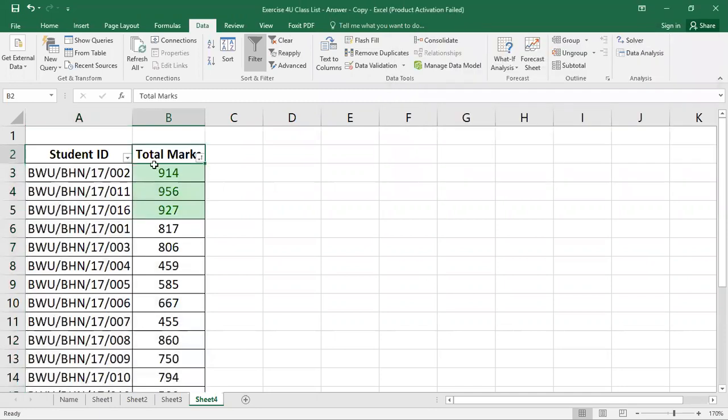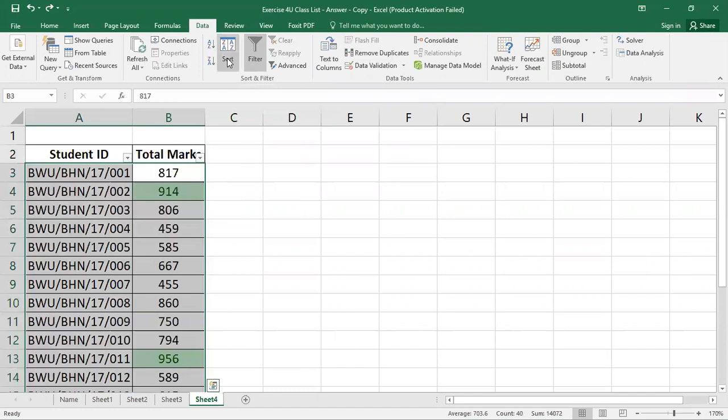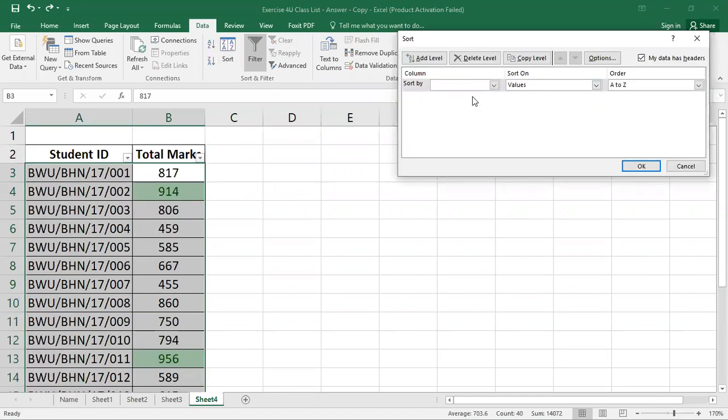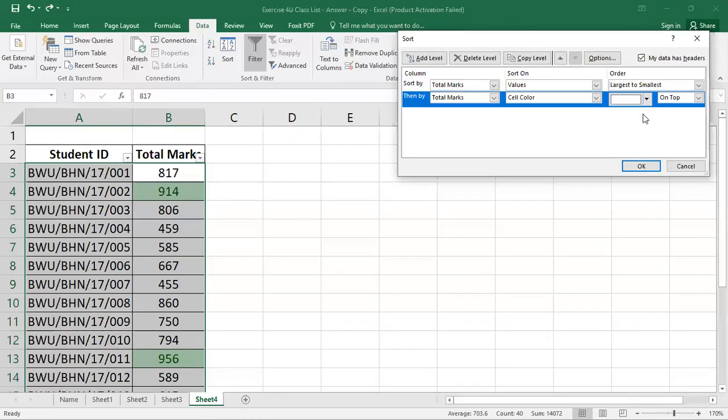So the first three numbers are shown in this particular order, or we can implement another sort mechanism also. First we select the total marks, then values largest to smallest, and then we can add the total marks, then cell color in green.